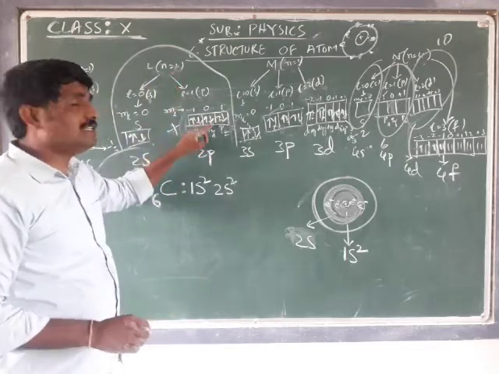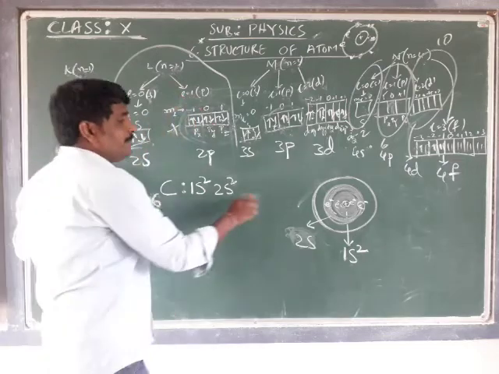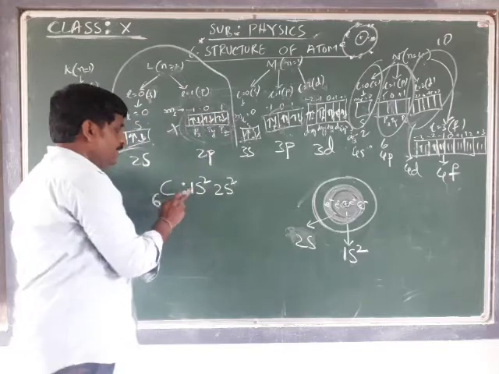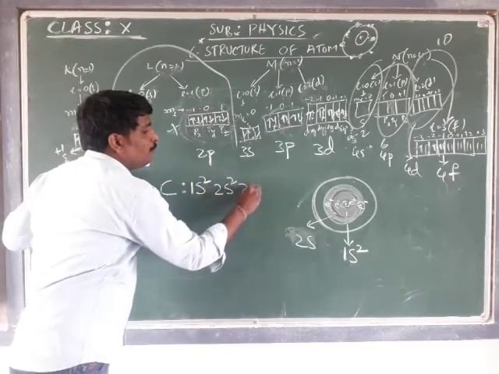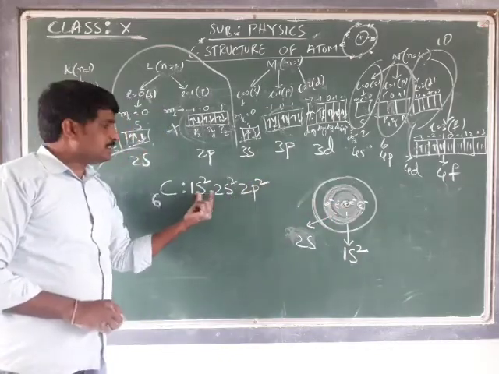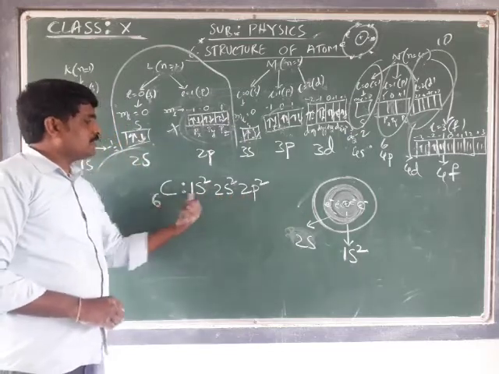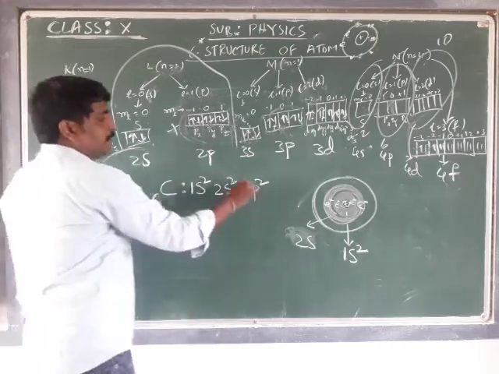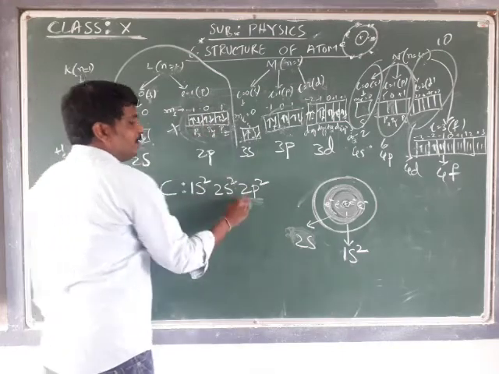The second shell contains one more subshell, P. In subshell P, 2 plus 2, 4 gone. The remaining 2 electrons will be filled in 2p2. In 1s, I fill 2 electrons. In 2s, I have filled 2 electrons. Out of 6 electrons, 2 plus 2 are gone. The remaining 2 will be accommodated in 2p. Where do they get accommodated in this 2p? Px1 and Py1, they will.